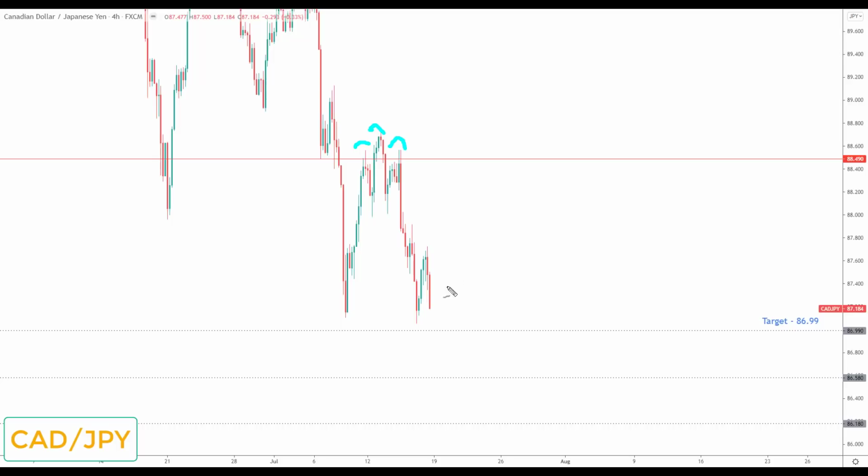If you're not involved from last week, any pullback before taking out this target will be viewed as an opportunity once again to look for bearish reversals down towards the next key of support to the downside and the target set at the 86.99. If we take out this level first and then reverse, all I'm going to simply do is look down towards the next key of support instead at the 86.58.